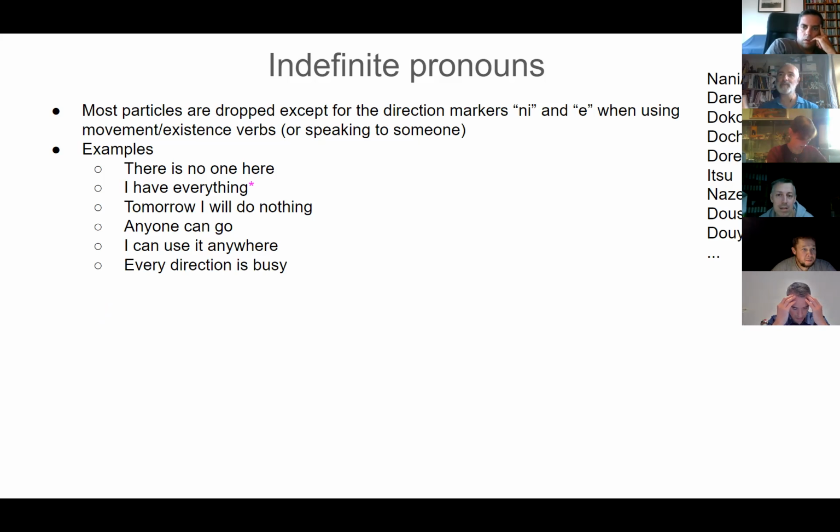So which way must be? どちらも... Dochira, exactly. So every direction is busy would be どちらも忙しいです。